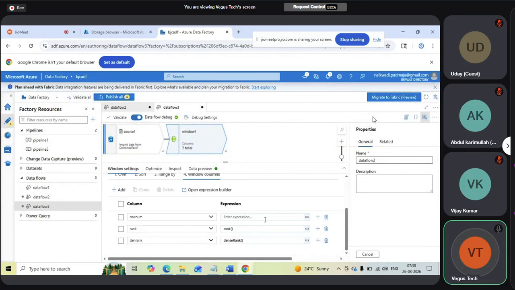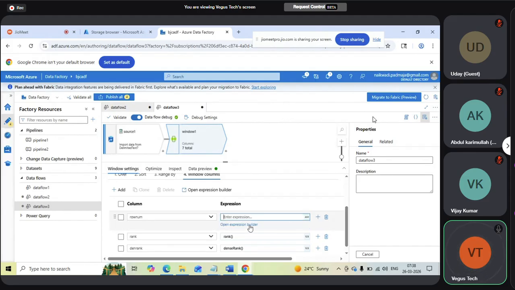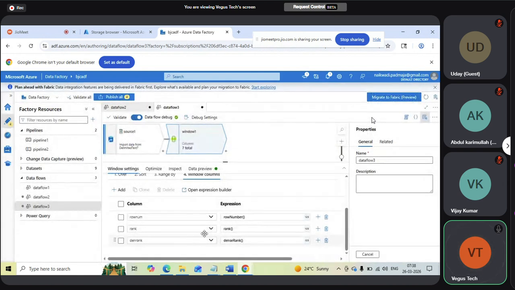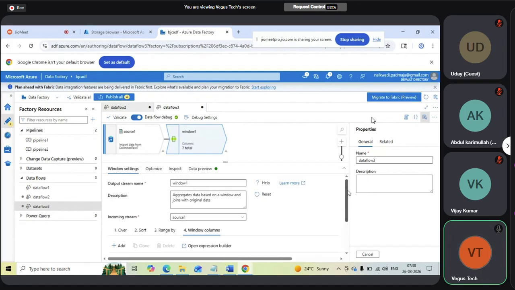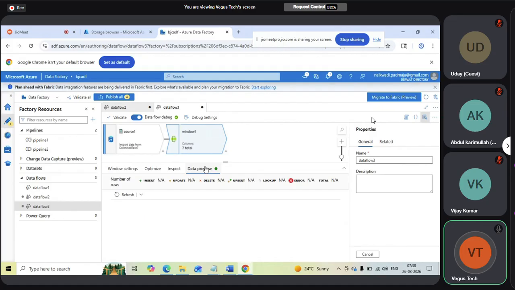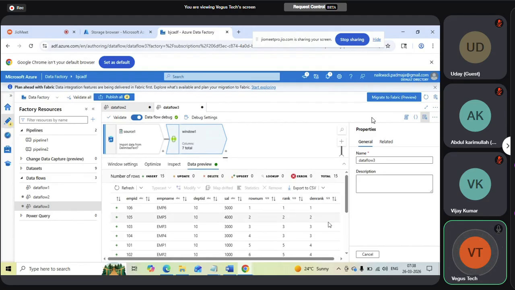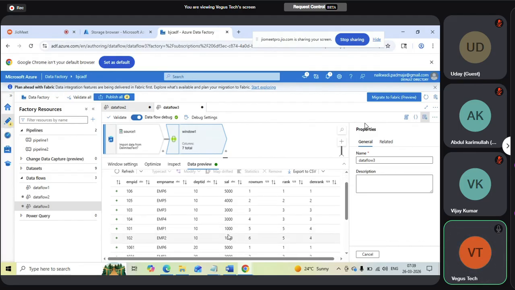So, what is this? Row number, it is not coming. Sorry, row number. Okay. Now I have these three. I have kept our department ID. Let us refresh data and see what will happen. I'm using all three window functions at a time. Okay. Department wise, if you look at this data for 10, the row number is coming 1, 2,